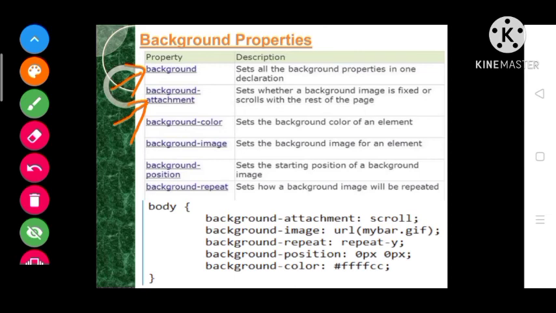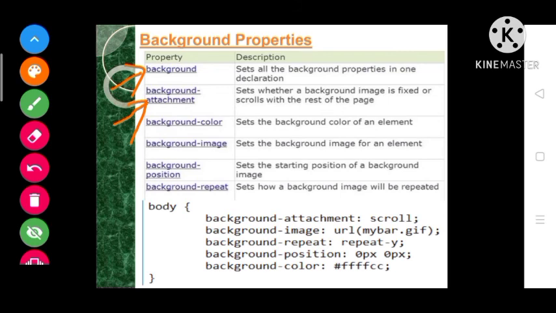It is used to scroll the image with the rest of the page. Sometimes we have seen that in some websites, when we are scrolling, the image also scrolls, but somewhere we have seen that it is fixed in that particular website. So we can manage it using the background attachment property.